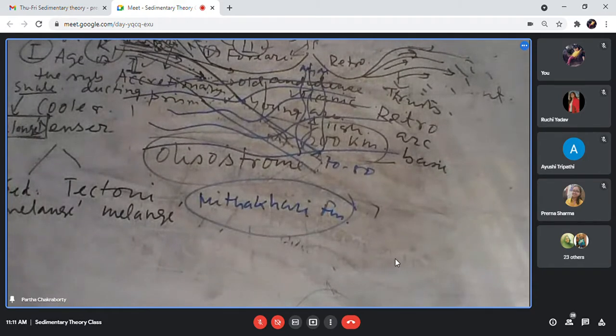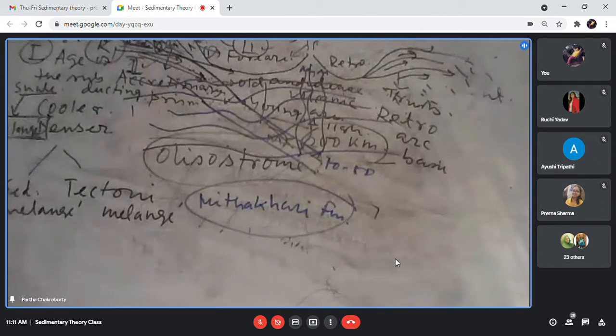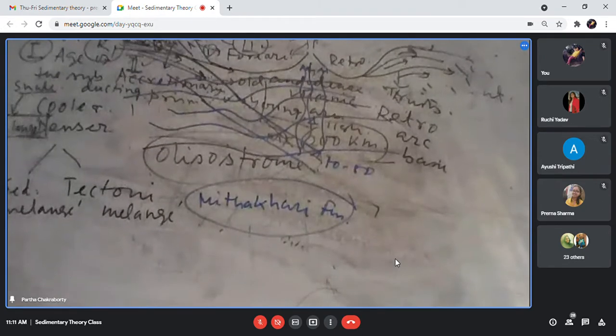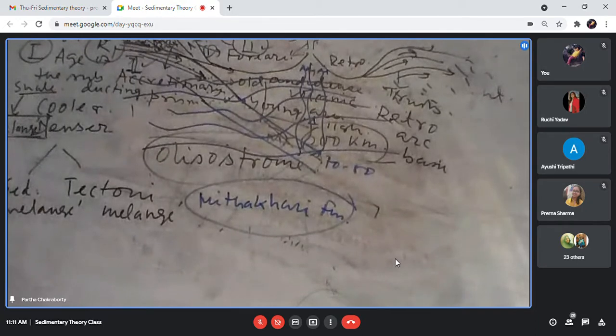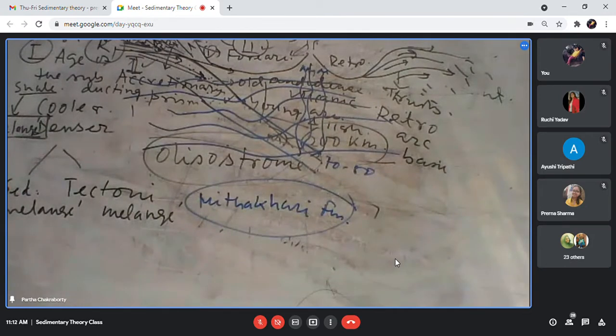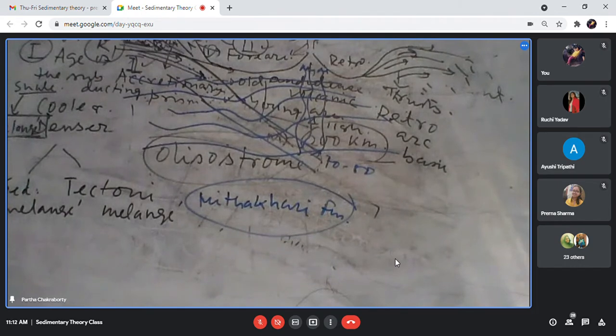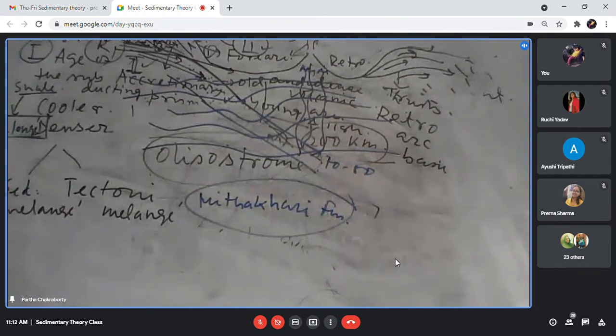Now at the back of the volcanic arc, you have two kinds of basins. I talked about the back arc basin, and I talked about the retro arc basin. Two kinds of situation: one is extension, another is compression. If it is a back arc, then in the extreme cases of extension, the back arc also starts spreading. So you get ophiolites in the back arc as well. Back arc also spreads. And if back arc starts spreading, then the original subduction margin becomes inactive. Back arc takes the major role.